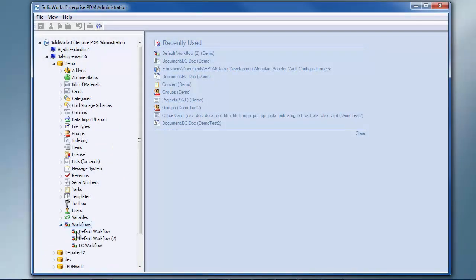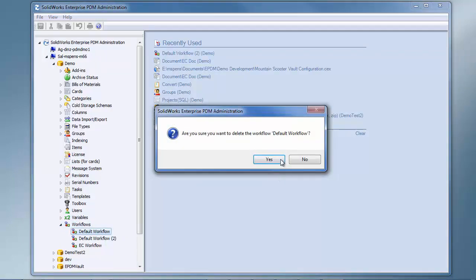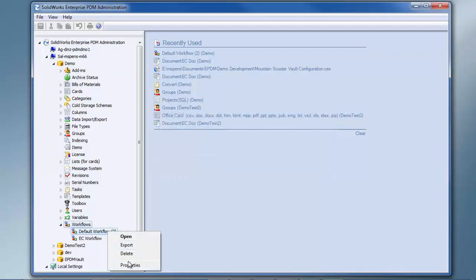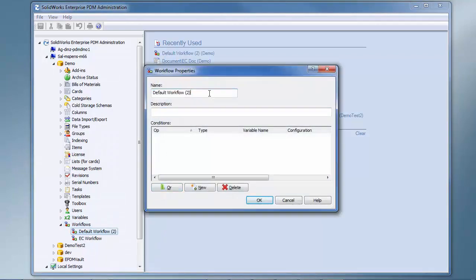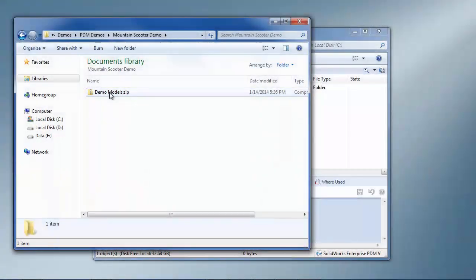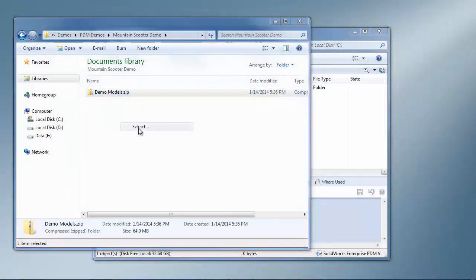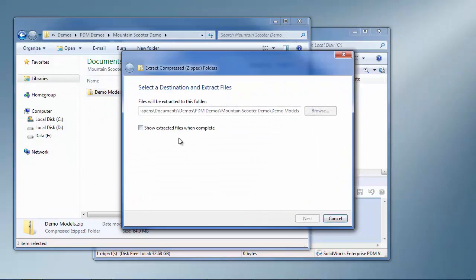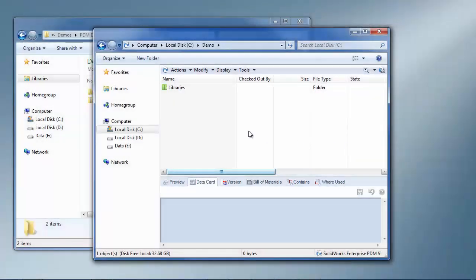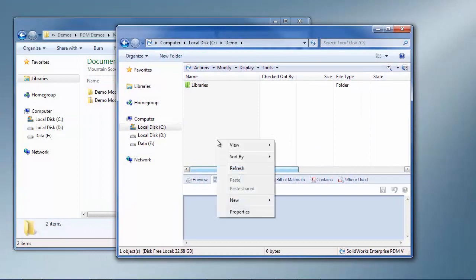You'll also need to go into the workflows and delete the default workflow. Go to the properties of default workflow 2 and rename that back to default workflow. Next, go to the demo model zip file and extract those files. In your vault,